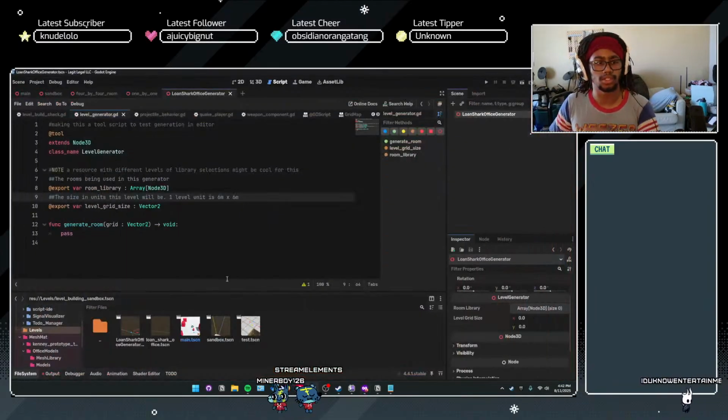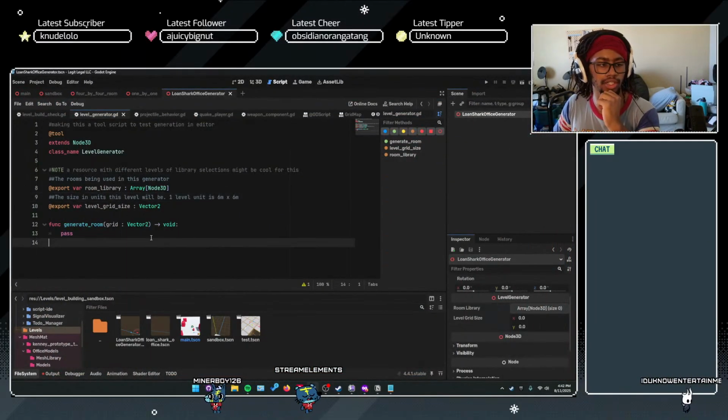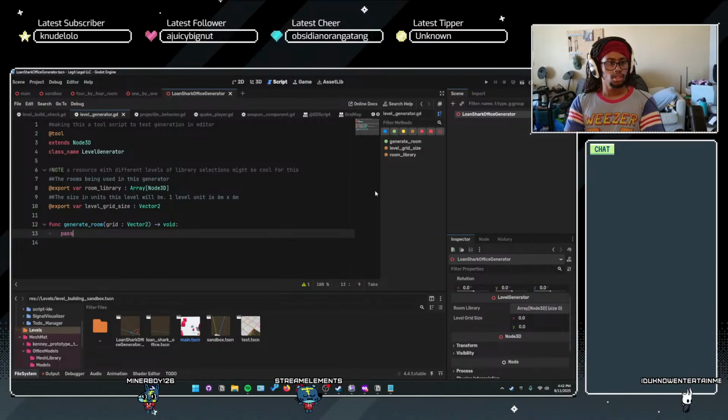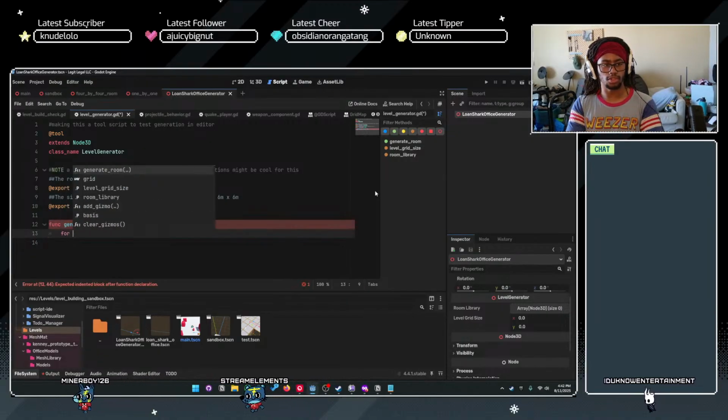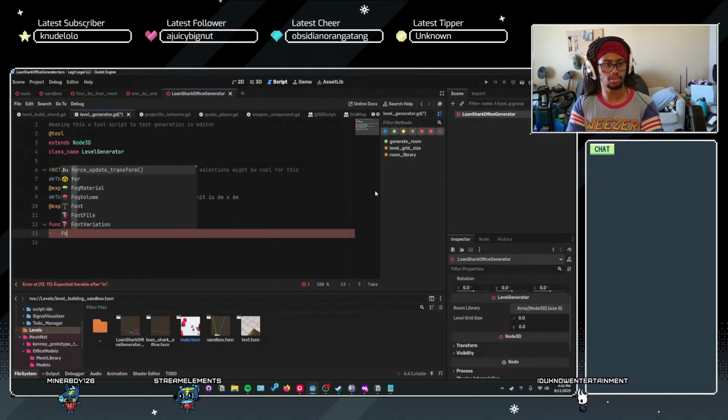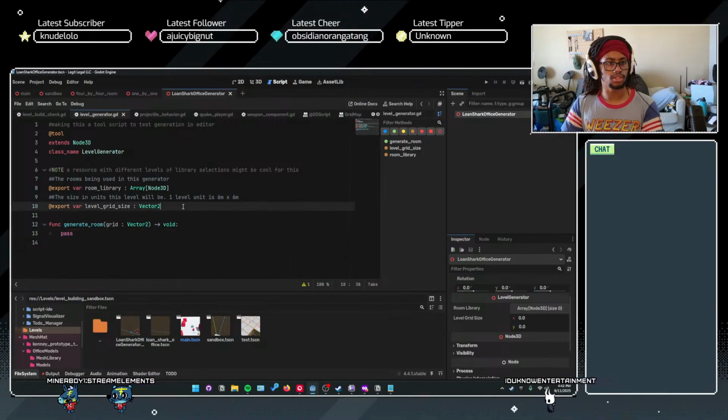Okay, let's finish a couple things. So we have our level generate room. So what we need to do is we need to go for I, and a couple things we also need to do is we need to say